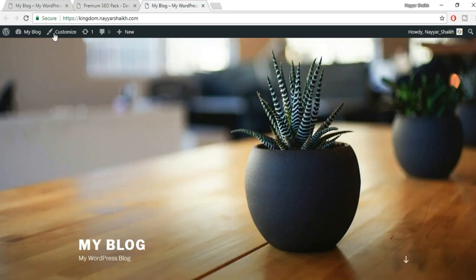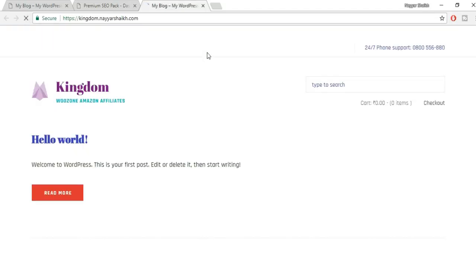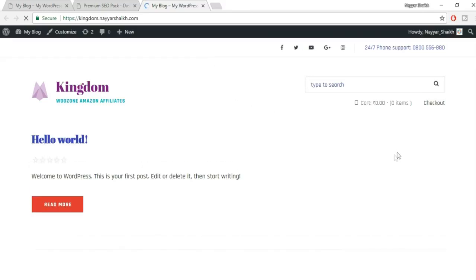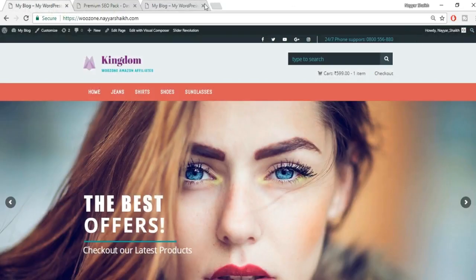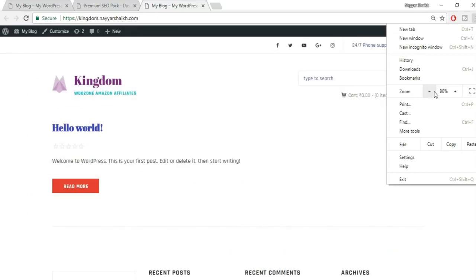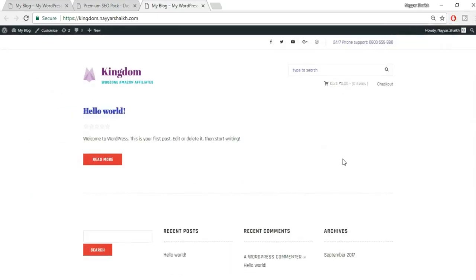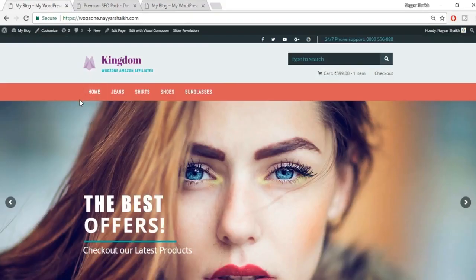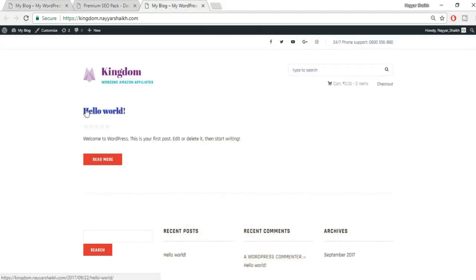Now let's come back to our website, refresh and see how our website looks right now. Oh yes, as you can see, this is how our website looks at present. There are many things which I'll need to change over here. First let's minimize this. If you see over here, our header is quite big. According to me, the header is very big. You can see from here our website starts from here, but here the website starts from here, the header is taking a lot of space over